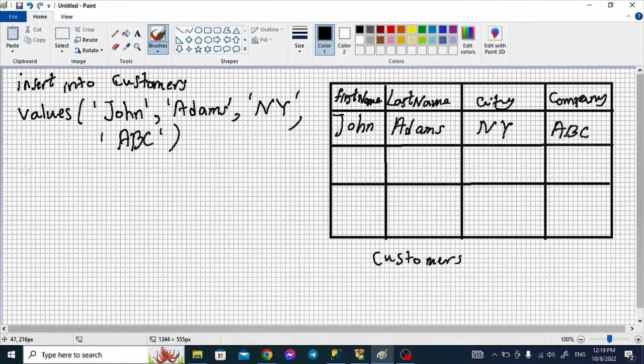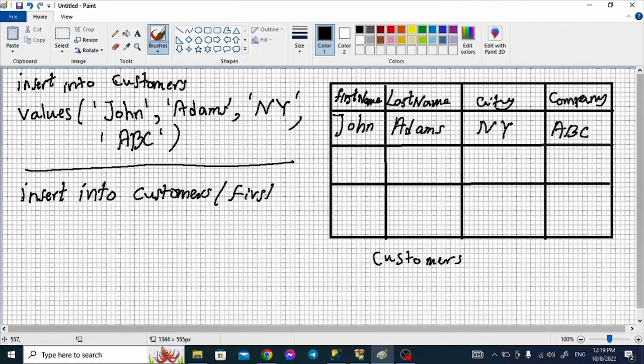So if we don't have the information, for example, about the city and the company, and we want to insert values only into certain columns, then we will have to specify these columns in the insert into statement as follows. So we can write insert into customers and open a parenthesis, and we will specify the names of the columns that the values will be inserted to, the first name and the last name only, and after that we specify the values,